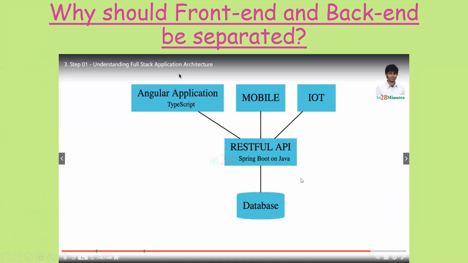So why do we have to divide the front end from the back end? We have a web application, a separate mobile application, and possibly some Internet of Things related applications. Just because we have multiple applications doesn't mean we need to develop separate sets of web services and separate sets of databases. We can have just one database and one set of web services, and different front ends all pulling the data from the same web services.